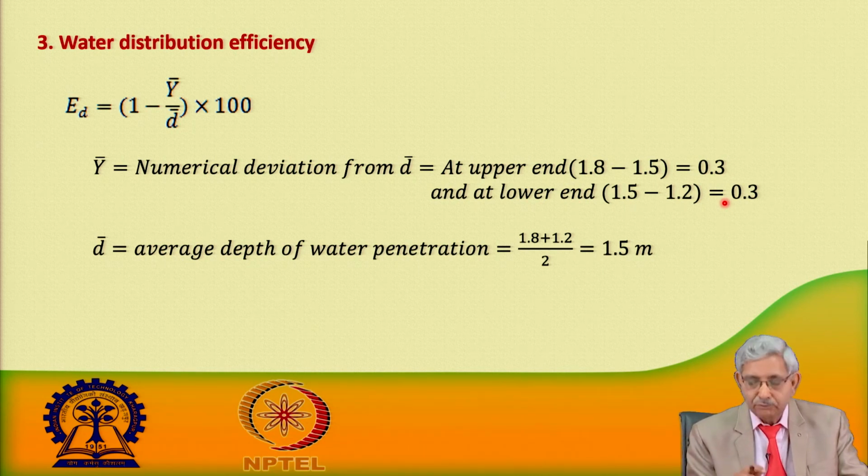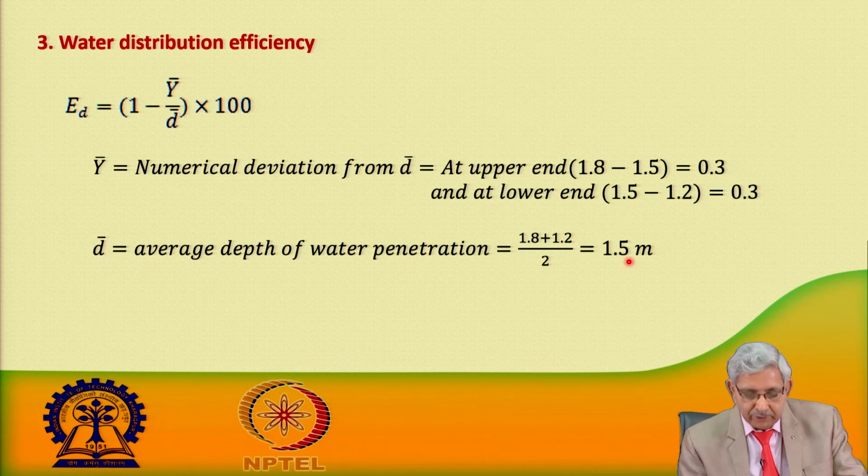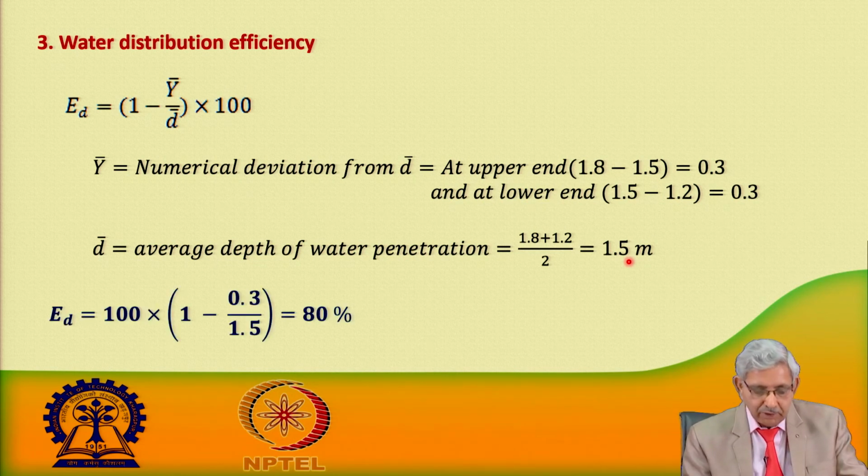How are we getting the average values? We are taking only two values: what is given at the upstream, that is the head end, and the amount of water which has gone as infiltration at the downstream end. So, this is an average of 1.5 meter. This value will give us the numerical value, and then accordingly we will calculate.